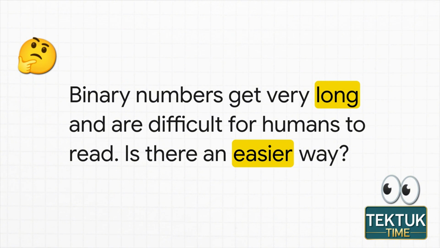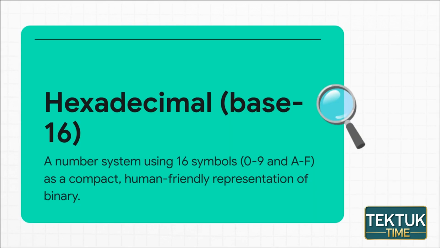So yeah, there had to be a better way for the people who look at this stuff all day long. And that solution, it's called hexadecimal, or hex for short. It's a base 16 system, which means, you guessed it, it uses 16 different symbols. It uses our normal 0 through 9, and then for the numbers 10 through 15, it just uses the letters A through F. The whole reason hex exists is to be a super compact, human-friendly way to represent those giant